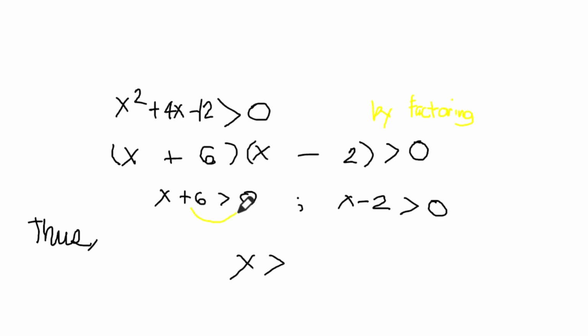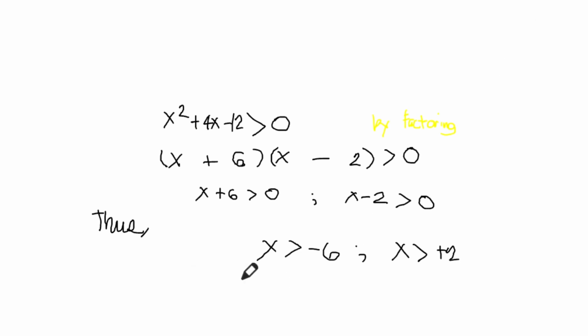We transpose it to the other side. The other one is positive 2. X is positive 2. And so our value of x is negative x greater than